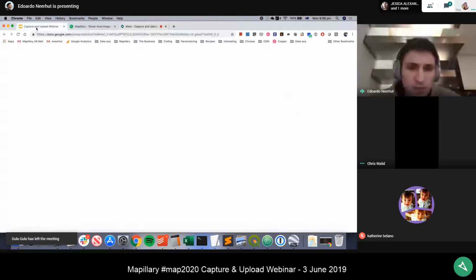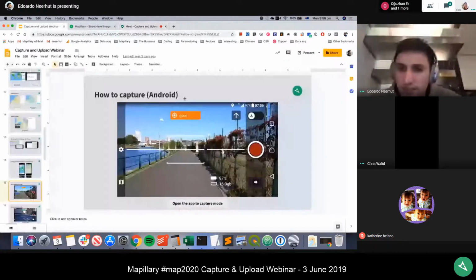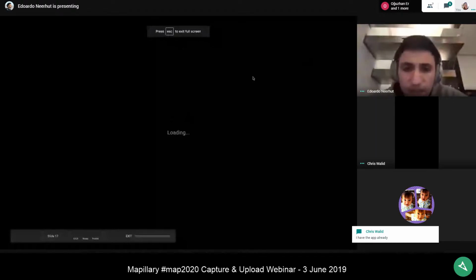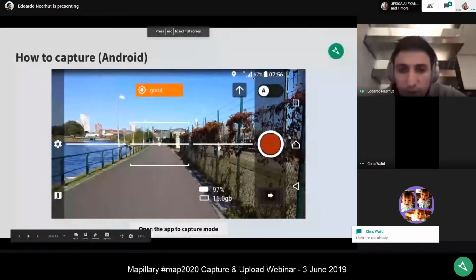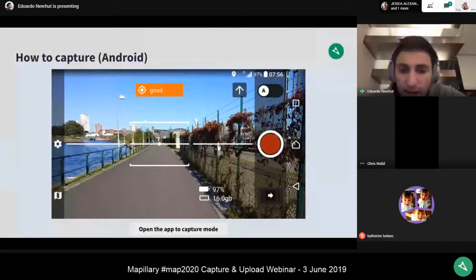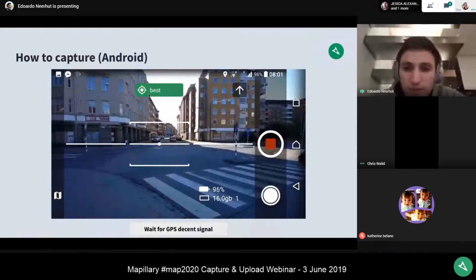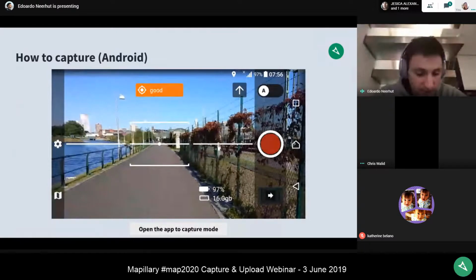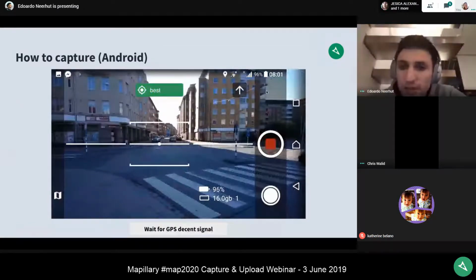I'll just assume that you're seeing it for the first time then, and this is kind of the screen that you'll see when you open it up and you go to the capture view. So this is Mapillary's capture view, and when you load it up, you'll see up the top an indicator as to your GPS accuracy. And the first thing you're going to have to do is wait for this to get to either good, where it becomes orange, or green, where it becomes the best GPS accuracy. And this will determine how well your images are placed on the map and what kind of map data we are able to derive.